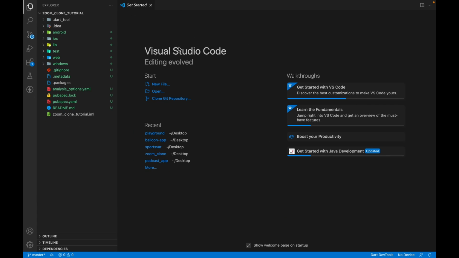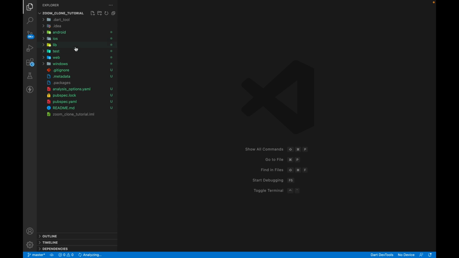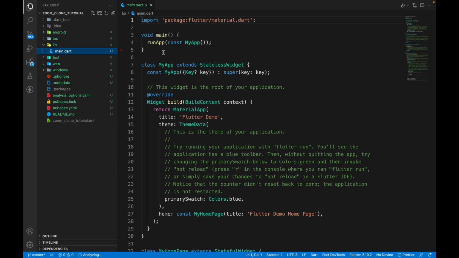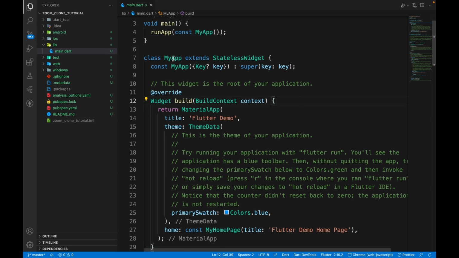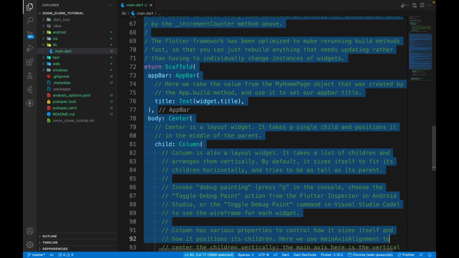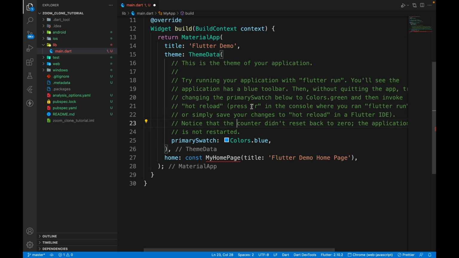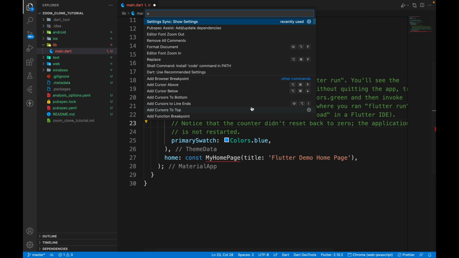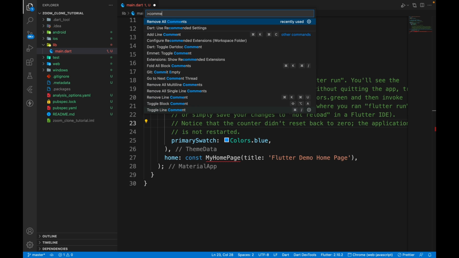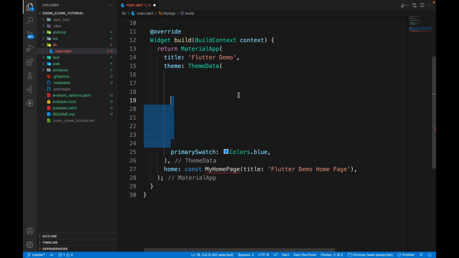This has opened it in VS Code. Now what I like to do is go to the lib folder, and over here I will remove all the boilerplate code, not all actually, but all the non-necessary stuff. And I've added an extension, comment remover, which I can access by doing Command Shift P on Mac. And over here I can just type remove all comments, which will remove all the comments for us,